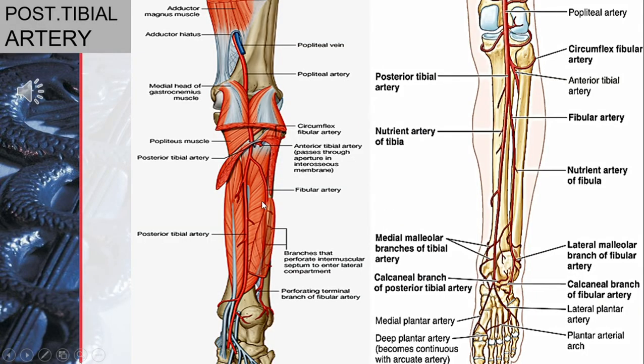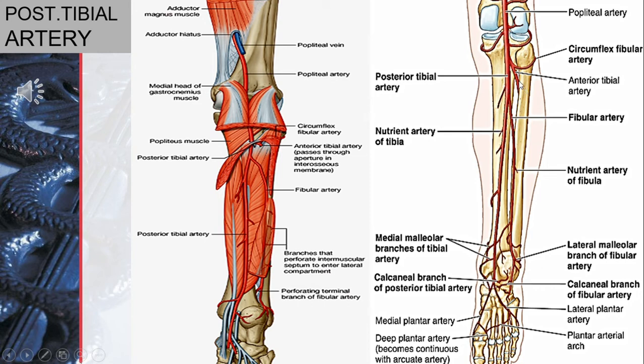Blood supply of the posterior compartment is through the posterior tibial vessels. The posterior tibial artery is the larger terminal branch of the popliteal artery. We can observe here when the popliteal artery is passing below the soleal arch, it terminates into anterior and posterior tibial arteries. Above the interosseous membrane, the anterior tibial artery is going to pass